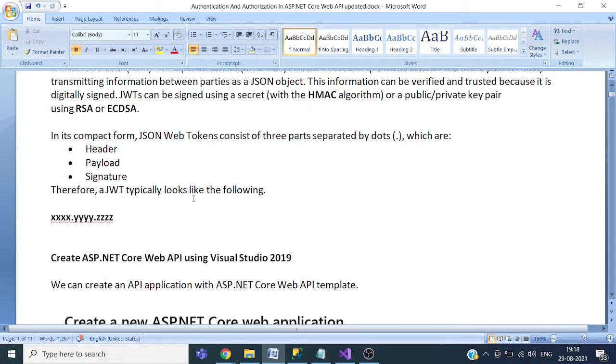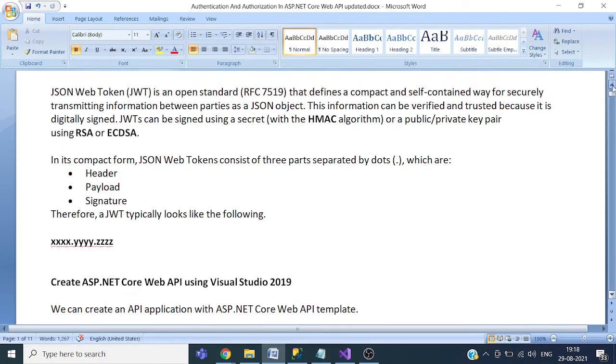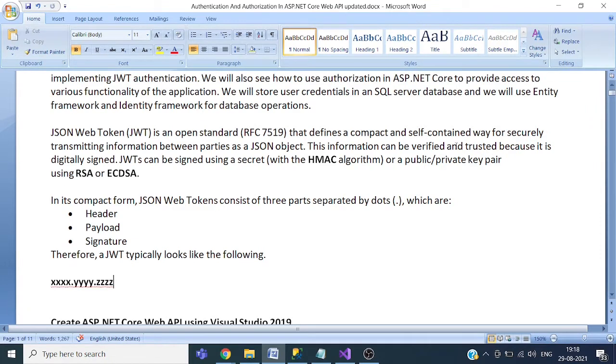Okay. So we have the data in the header and payload, and using algorithms, like if we are using a symmetric key, then this is the algorithm, and if we are using a public key and private key, then we will use RSA or DSA.